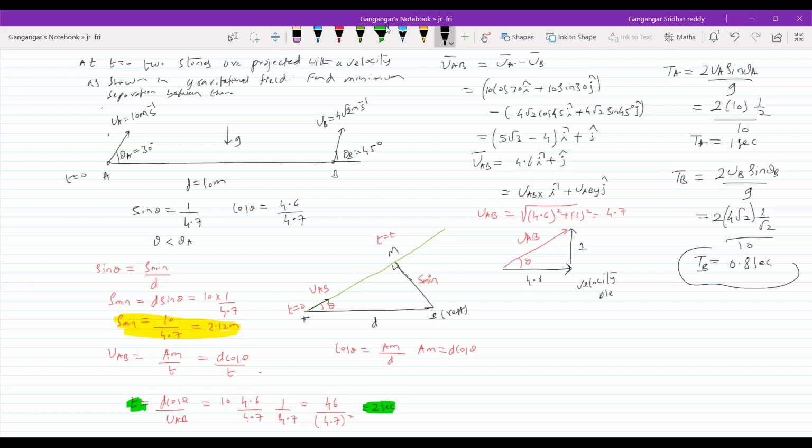You see this, something will really trouble you. Sir, what is this? This time of separation is more than the time of flight. This is not a ground. It's somewhere projected in a field. Then how is the trajectory? Now we'll get into the problem. Till here, okay, all of you? Yes, sir. Okay, I'll show what is actually going on here.